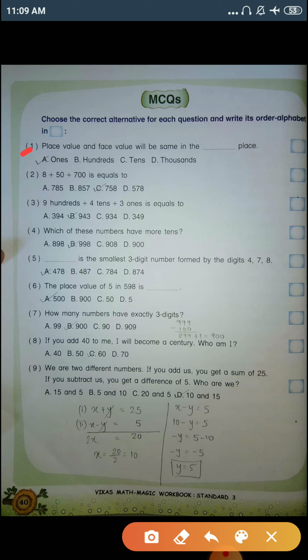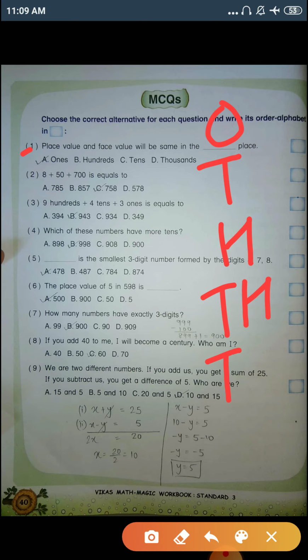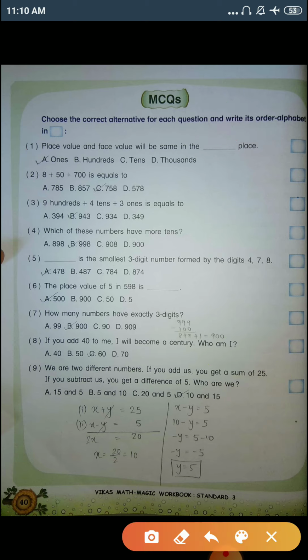Now everyone knows the place values. It starts from ones, then tens, then 100, then 1000 and then 10,000. Okay, and so on. Now in which place value the face value and the place value, they both are same. For that, first of all, what do you mean by face value? Suppose